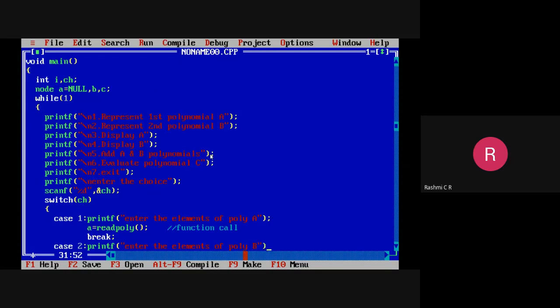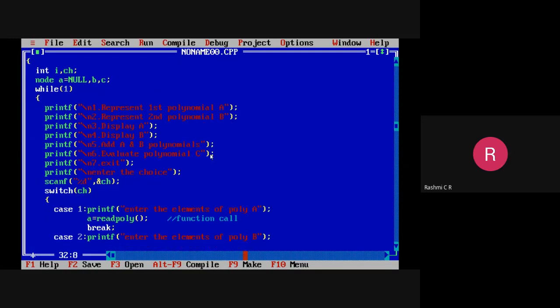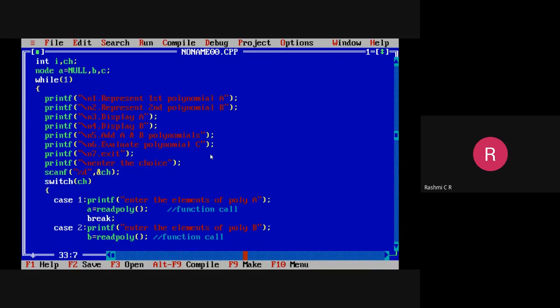That is polynomial b. Okay, so here I'll be calling the same read function. So we have to write the function definition for that. It is a function call. Okay, so then you can come out of the particular case via break.